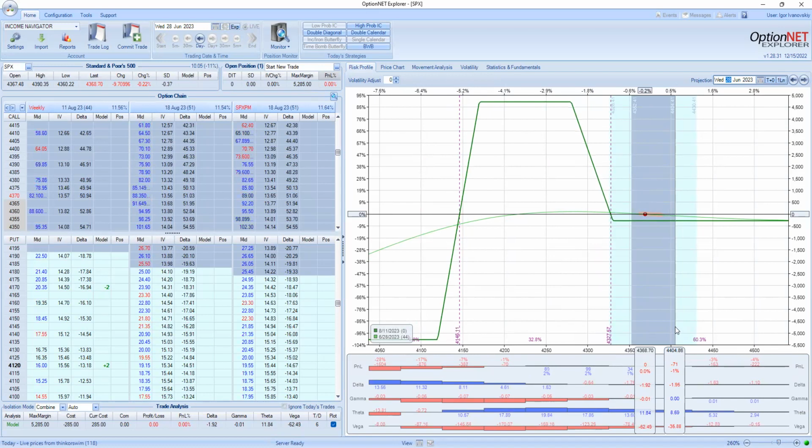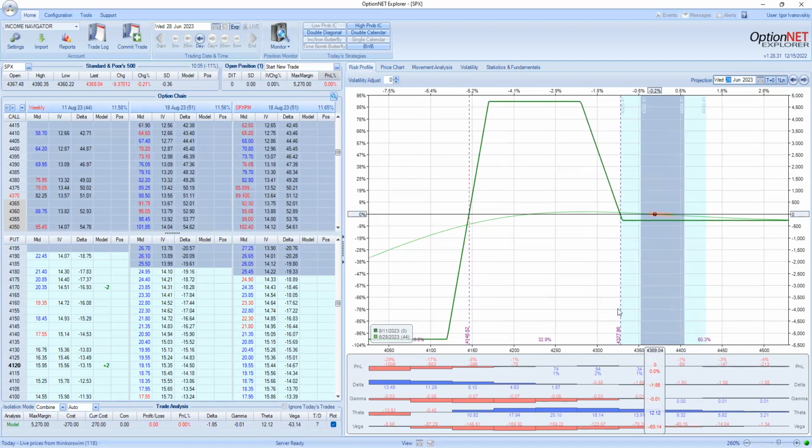Because if you make one adjustment, two adjustments, three adjustments in this trade, your thinkorswim, your tastytrade, they're not going to keep track of your running P&L. You will be lost. You're going to look at losses that are potentially more significant than what your actual loss may be in the trade. It's going to throw you off. And so unless you are advanced enough, or unless you have the tools to keep track of all of your trades to really know where your true P&L is at any given time,